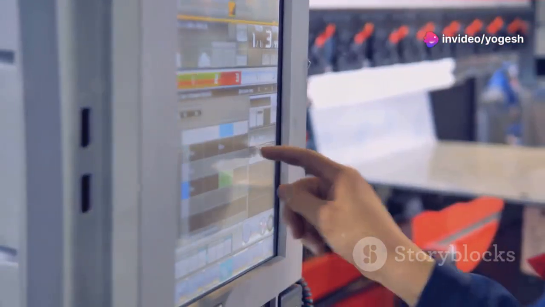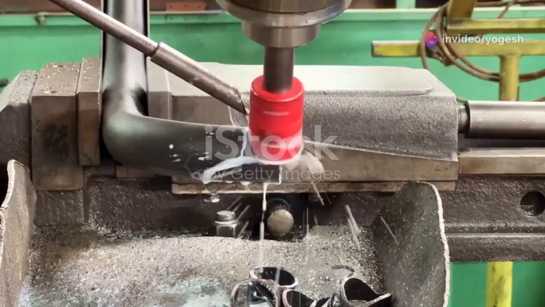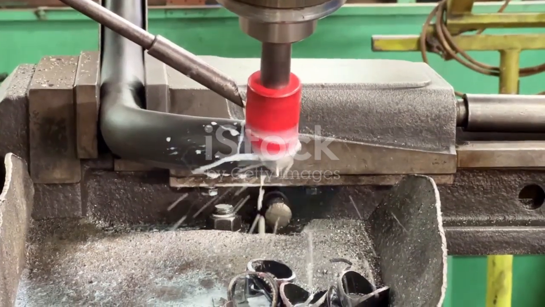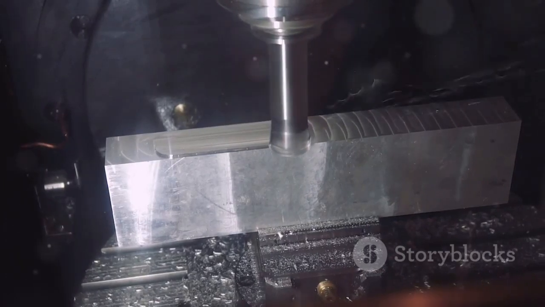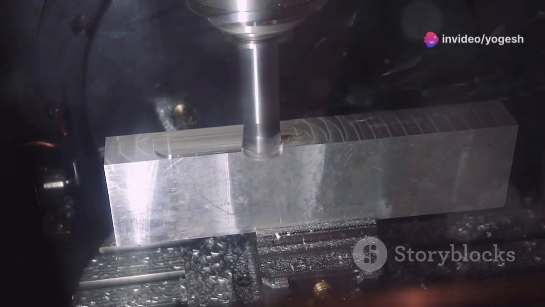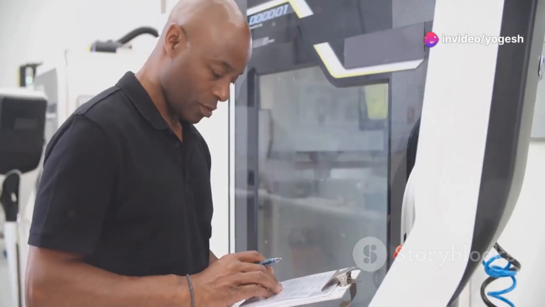Section 5. A practical example. Deciphering a CNC program. To illustrate the practical application of CNC programming, let's examine a simple example. Imagine we want to create a rectangular pocket on a block of aluminum. The CNC program for this operation might look like this: